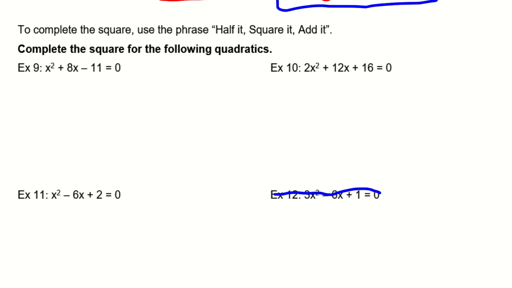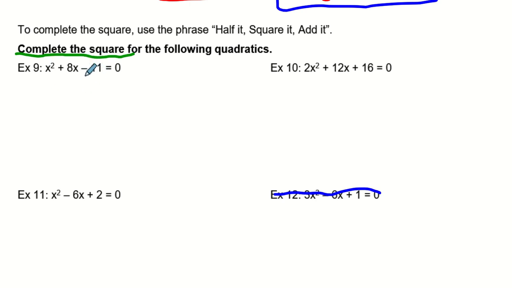Hey guys, we're going to go over the second thing on the notes, which is completing the square. Now this is actually something you do when you're in Algebra 2, but we're going to talk about it now, and we're not going to go too much in depth, but we will be going over this. So the first thing you want to do when you're completing the square is the constant,